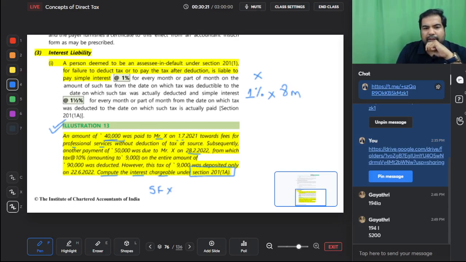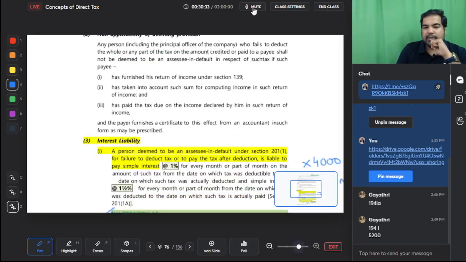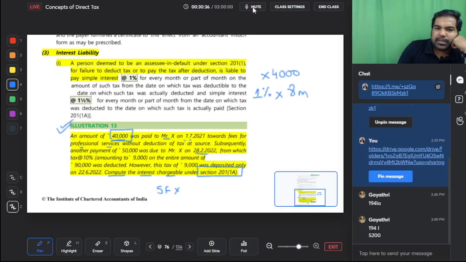So on 40,000 rupees at 10%, so on 4,000 into 1% into 8, this is the first calculation. 4,000 into 1% into 8 months, that is 320 is the interest in the first case. Now in the second case, you made a payment of 50,000 and 40,000, 90,000,